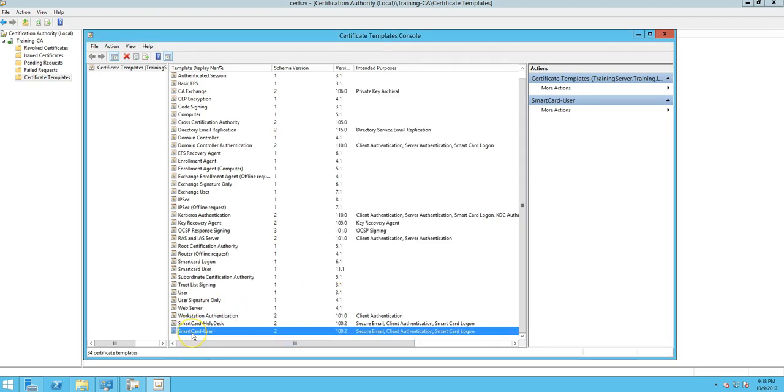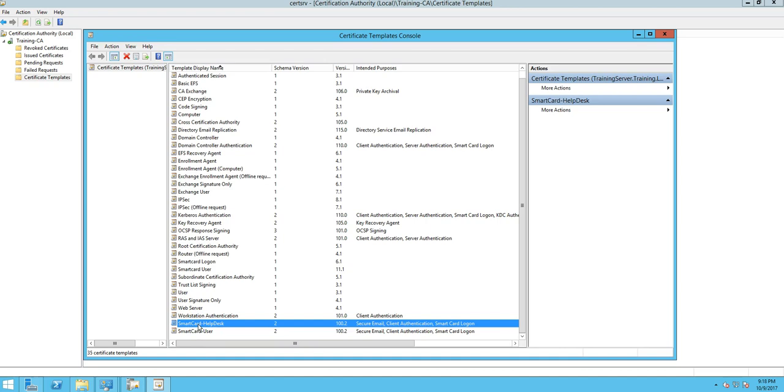So we have created two templates. We have the Smart Card user, and we also have the Smart Card help desk. The Smart Card help desk will be, for example, the administrator or the support engineer or the systems engineer that will be helping enroll domain users. Okay. So the next step here now is to